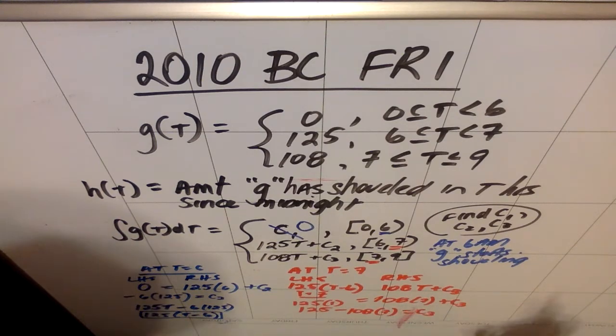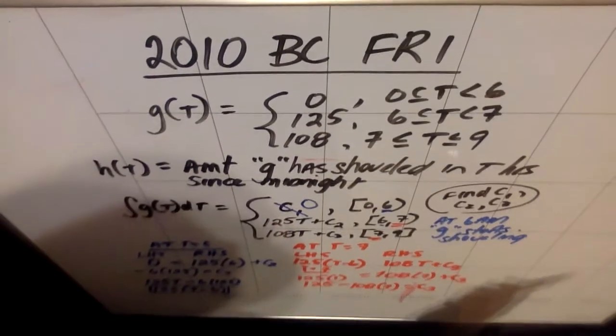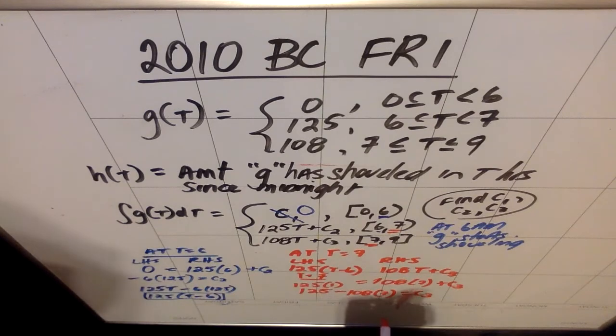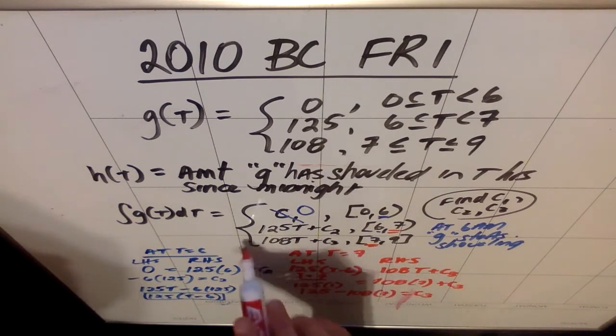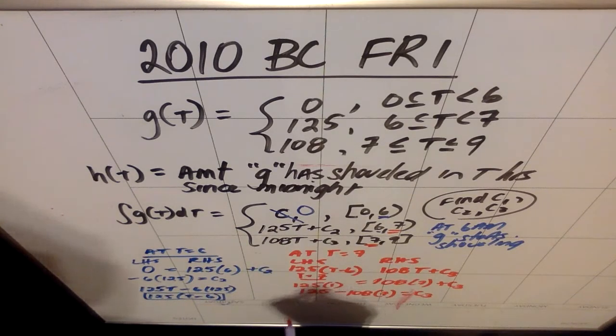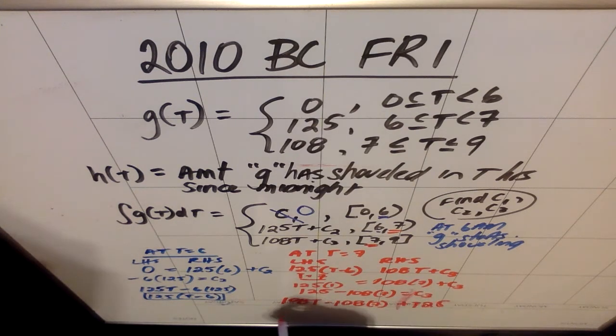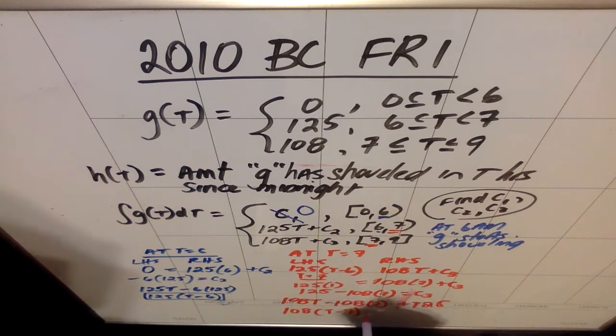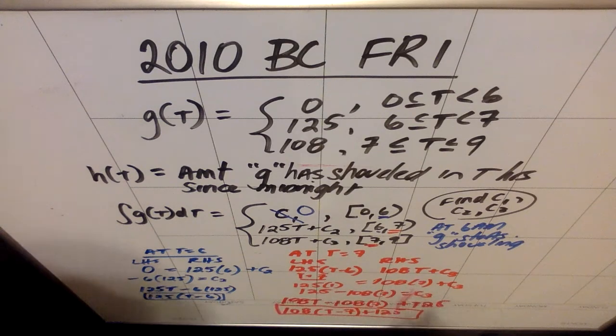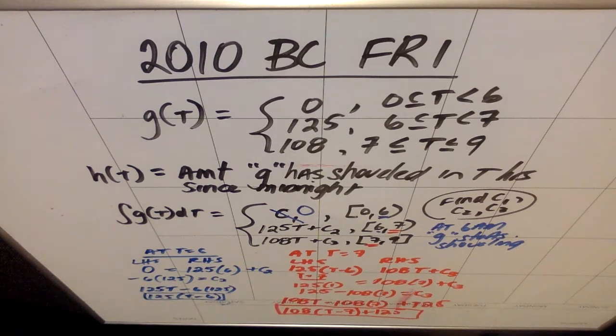So if we clean that up a little bit, and I realize that it's gotten a little bit ugly and messy, what I notice is that when I plug that in up here, I can sort of cheat and do the same thing that the AP does in their answer key, which is notice that you can take out that GCF of 108 and then just leave the plus 125 chillin'. So what the AP has as their answer is 108 times the quantity (t minus 7) plus 125, and that's the third part of their function. So if we bother to clean up our piecewise function now,